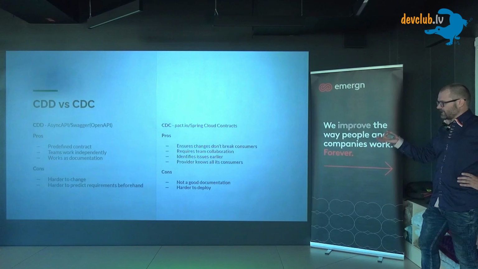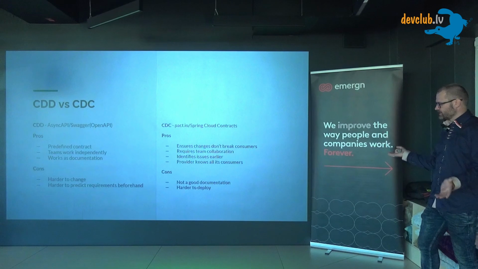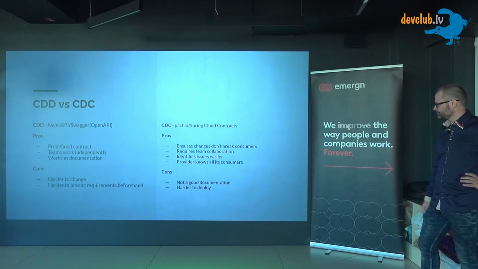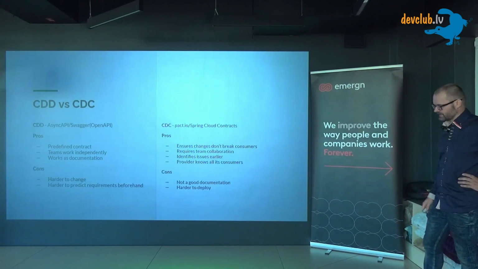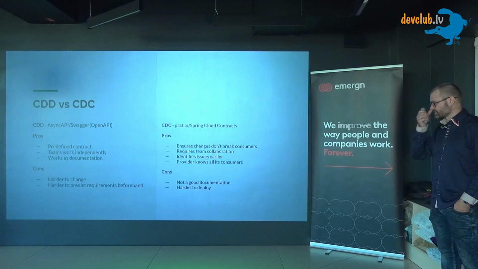But at least in Pact.io case, it's not as good as documentation. It's not as beautiful as Swagger. It's not as easy to use, easier to understand. I'll show it later. And it's harder to deploy. Like in a case of Swagger, you just define this schema, do some tests against it, and it's done. Here you have to implement everything, everything has to be actually automated to work properly, and it takes time and it takes effort from DevOps guys and developers.